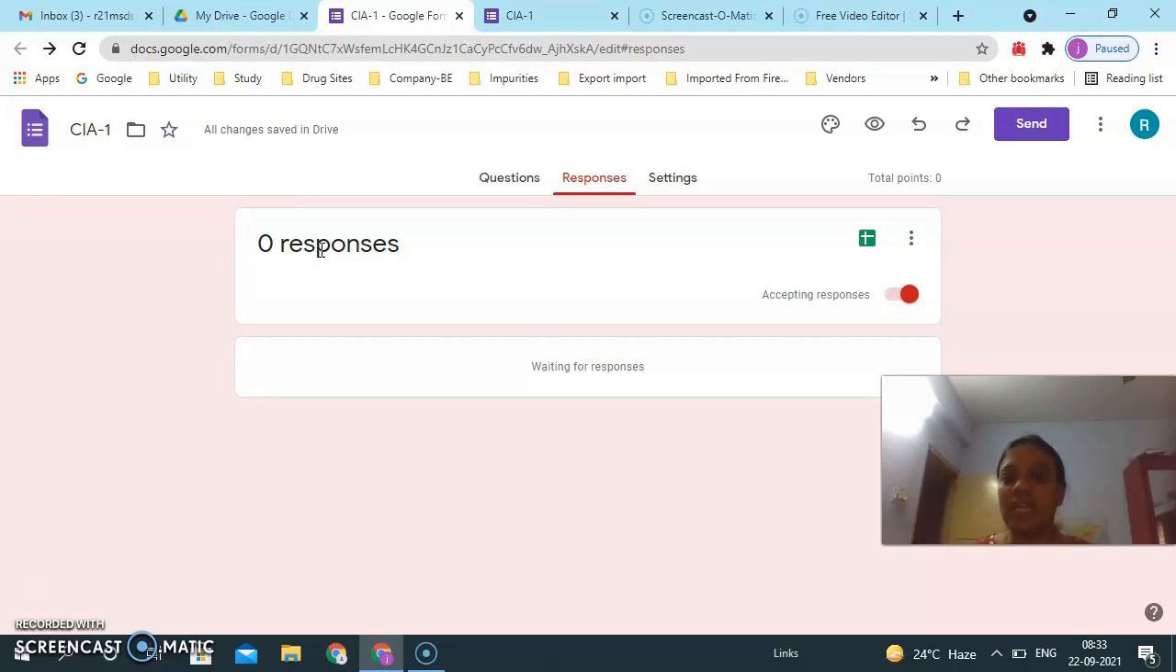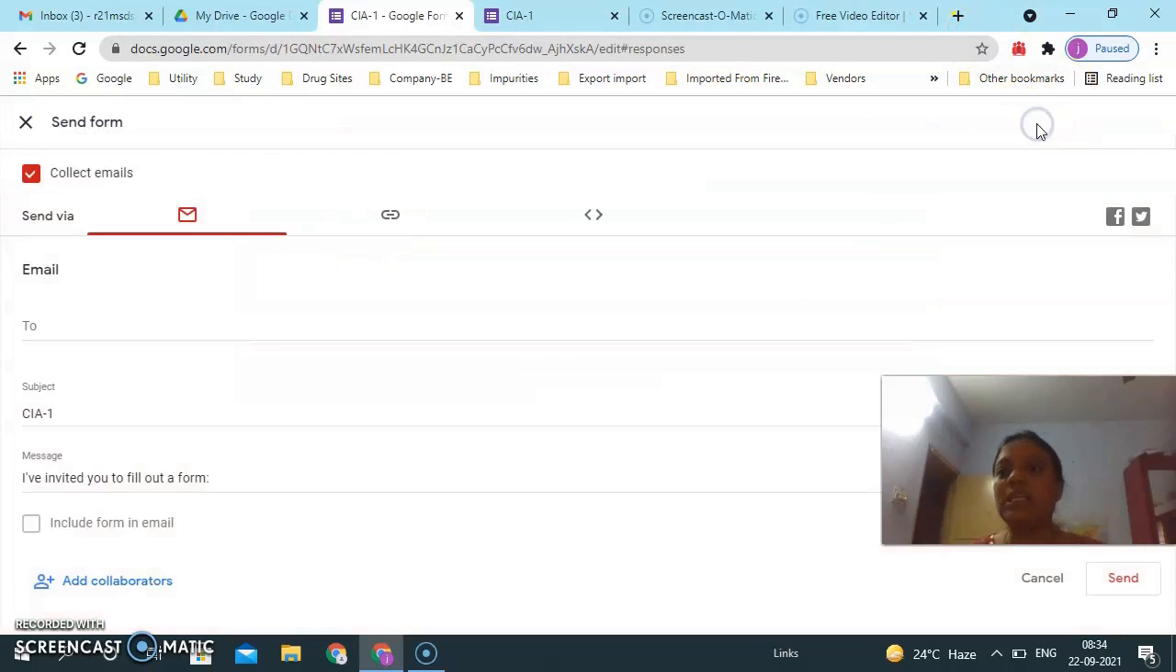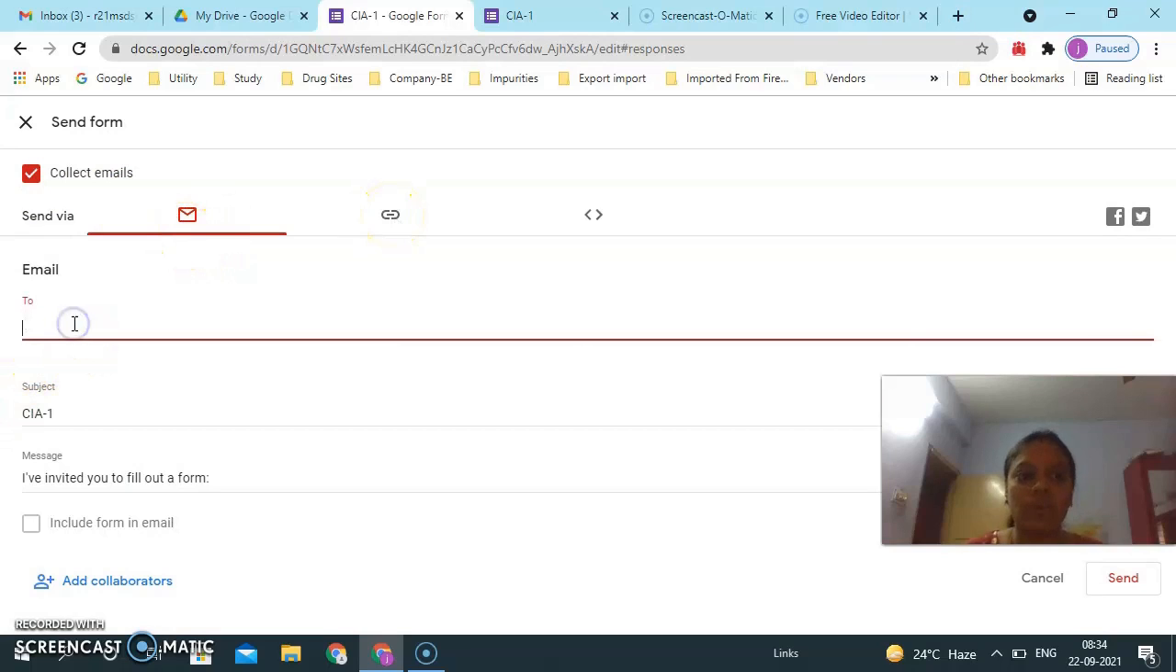Once you have sent the Google form to another person, and they start filling and submitting the form, we will automatically get responses. Now how are we going to send the form to the audience? For that we have to click the send option. Here we can send via mail. If you know a person's mail ID, I can type it directly here. Or else, if I don't know the mail ID of the particular participant,